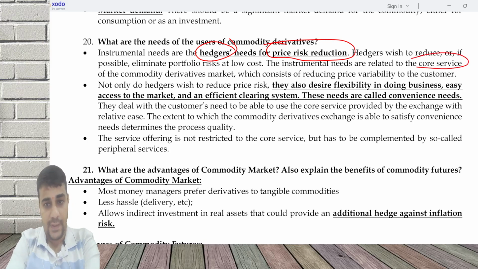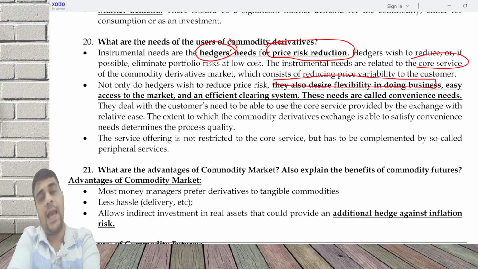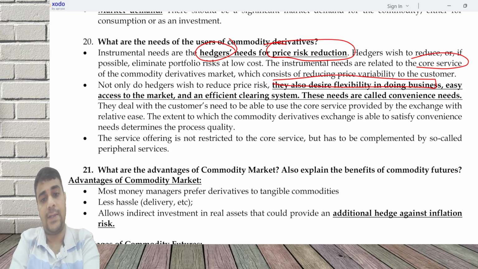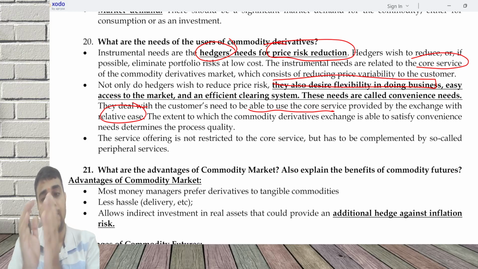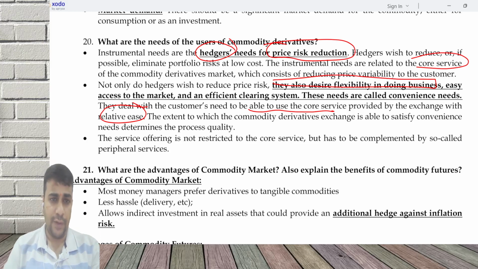Apart from price risk, they also want some flexibility in doing their business, easy access to market, and an efficient clearing system. All these are convenience needs. It should be easy and convenient to enter into a derivative contract. The customers need to be able to use the core service with relative ease. The service offering is not restricted but has to be complemented by the so-called peripheral services, or technically the convenience needs. So we have two needs: